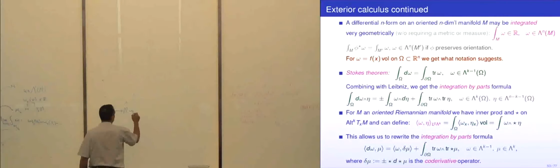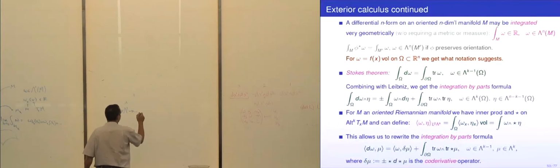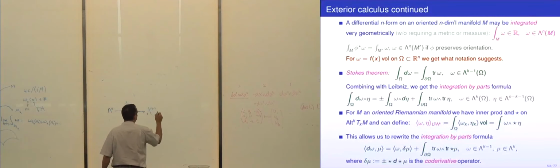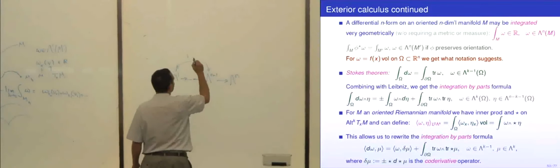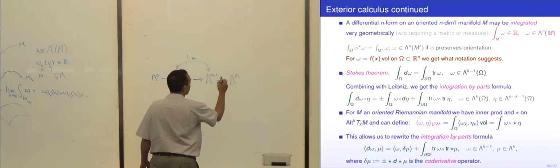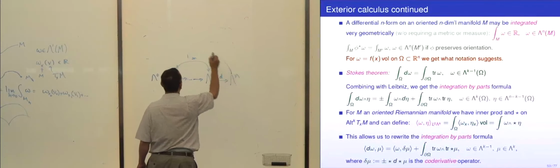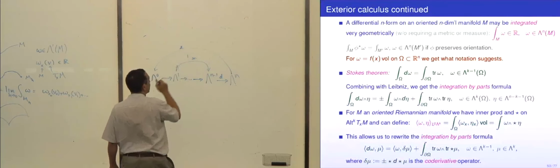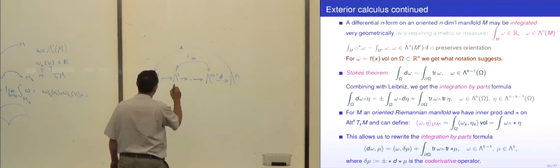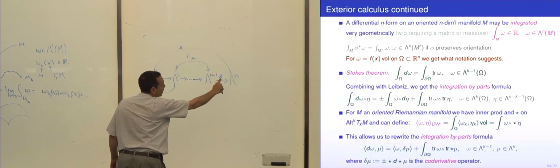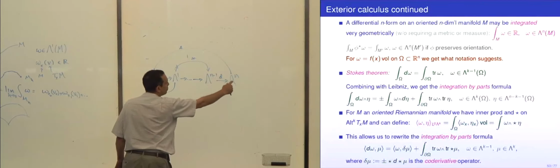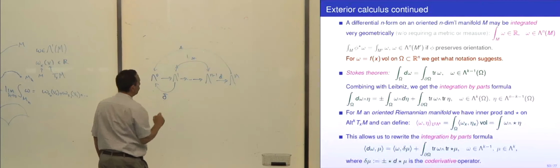So I have 0 forms, 1 forms. Let's just do it through 1 forms, n minus 1 forms, n forms. So I can take the Hodge star and identify these two spaces. Then I can take D and get over to here. Then I can take the Hodge star back again and identify these two spaces. And so altogether I've got a mapping from here to here, which is really just this mapping, but instead of thinking of it from n minus 1 to n forms, we think of it from 1 forms to 0 forms.